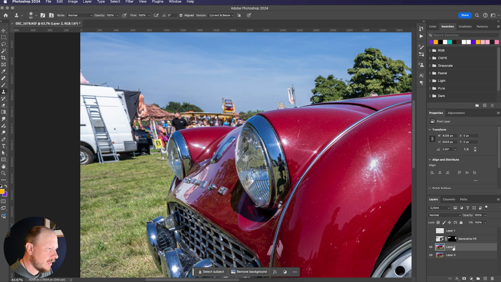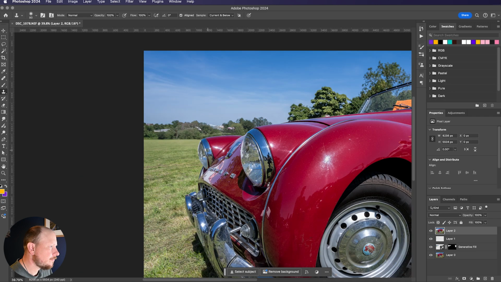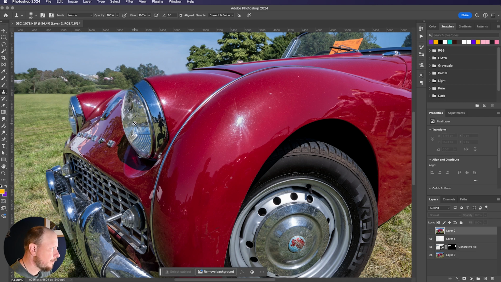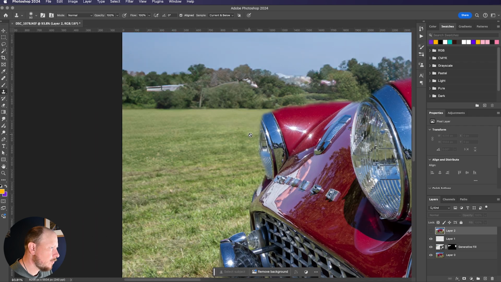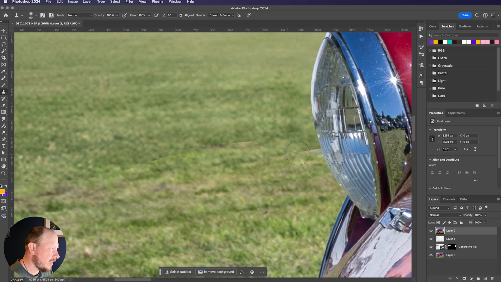So I just need to drag that to the top of the stack. And if I turn on the other two layers now, you see what that's done. So if I turn off the top layer, we've got that layer there where we painted over the car, but then because we've put the top layer back, that's brought our nice crisp clean edge back in. And you'll notice just down here there's a little bit of an edge that we just need to sort out,